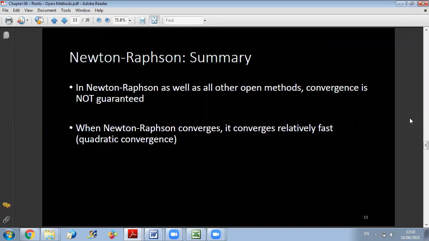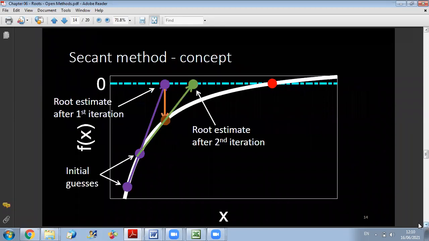So now, let us see another method, and we will compare in one example all the methods that we introduced together. Another open method is the secant method. What do we mean by it? You will see that this method is very similar. It has similar aspects with the Newton-Raphson method, and also with the false position method. The whole idea here is we will see the main similarities and the main differences